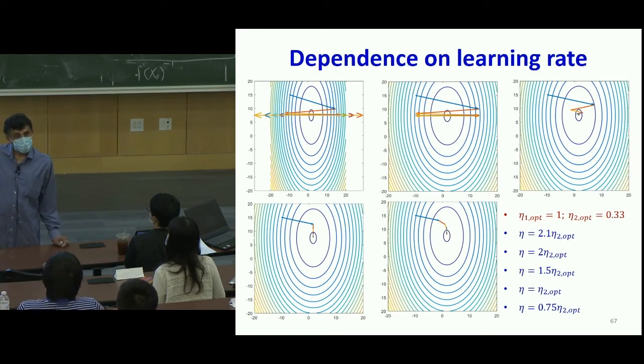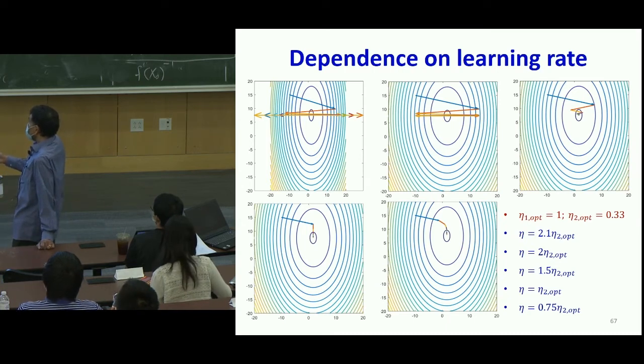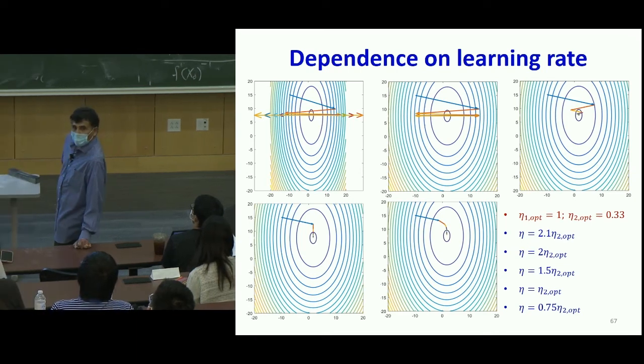When the optimal step size is 0.33, it means that the function is steeper, right? You want to take a smaller step, right? So the horizontal is probably going to be 0.33, the vertical is 1, right? Okay. Now, suppose I take a step size of 2.1 times the optimal step size for the second